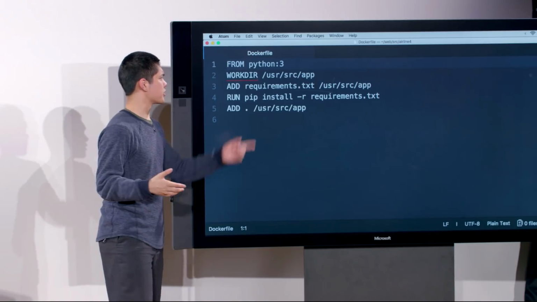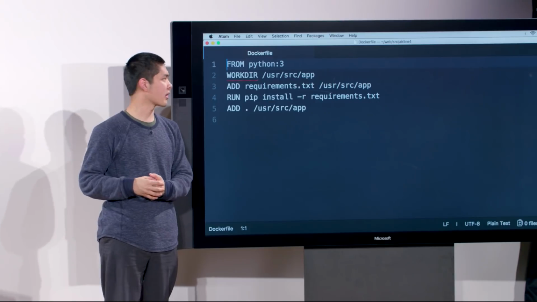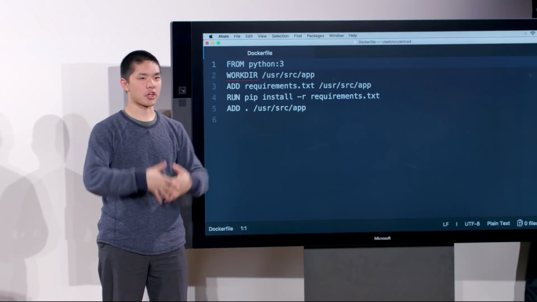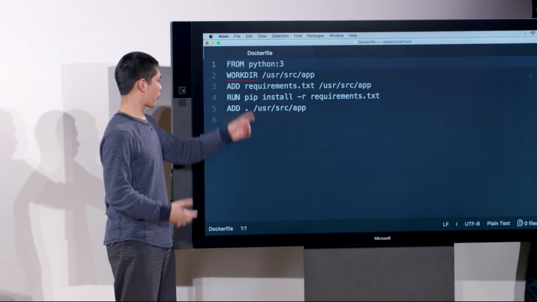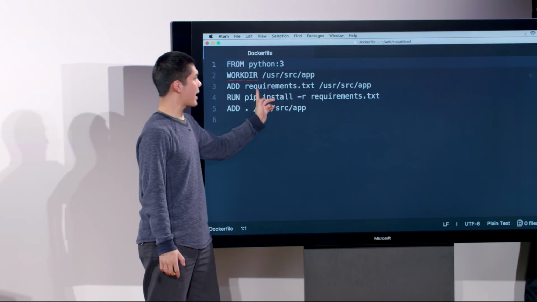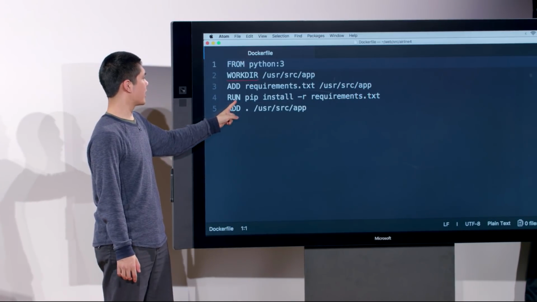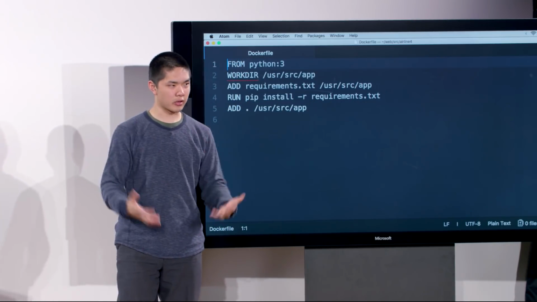Well, the first thing I wanted to do was make sure that I've got Python 3 installed, because I want to be using Python 3 for this application. But I also want to make sure that my requirements are installed, that if I need Django installed in order to run this Django application, then I better first add requirements.txt to my app directory. And then I'm going to run pip install -r requirements.txt to say, go ahead and run the installation of those